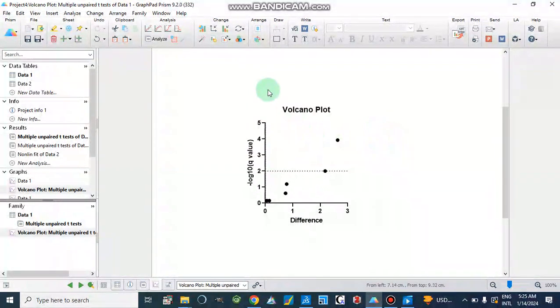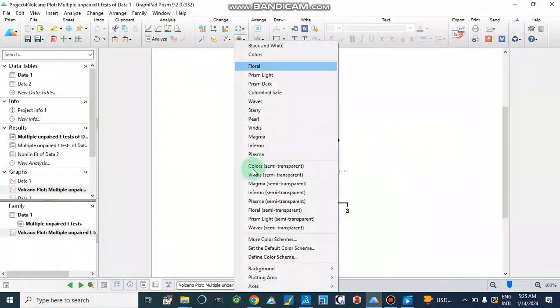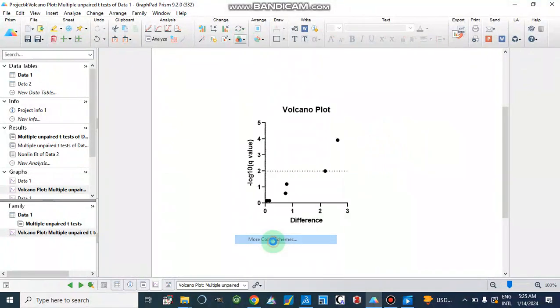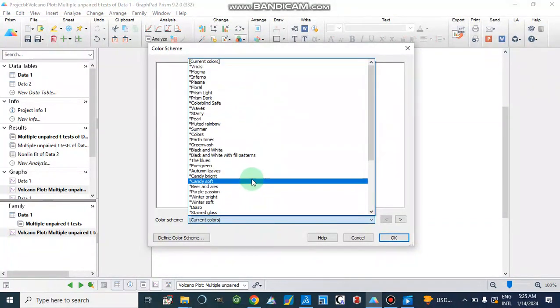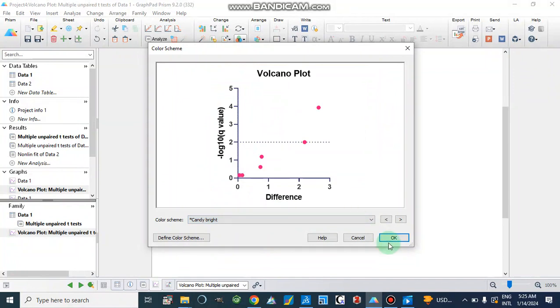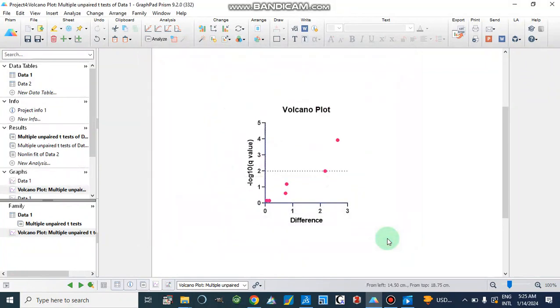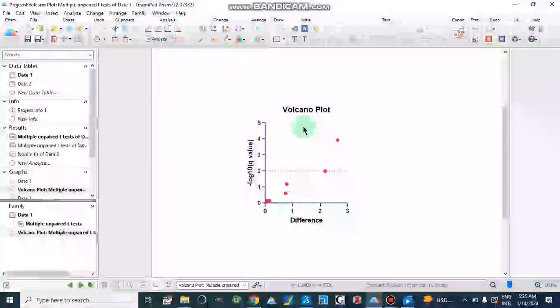We can also change the color of our plot from here, more color schemes. So the color I usually choose is candy bright. So in this way we can make color, and here it is volcano plot. We can change the data from here. It is the difference between control and the treated one, and we can use this graph or plot for t-test, and we can also present this data in our